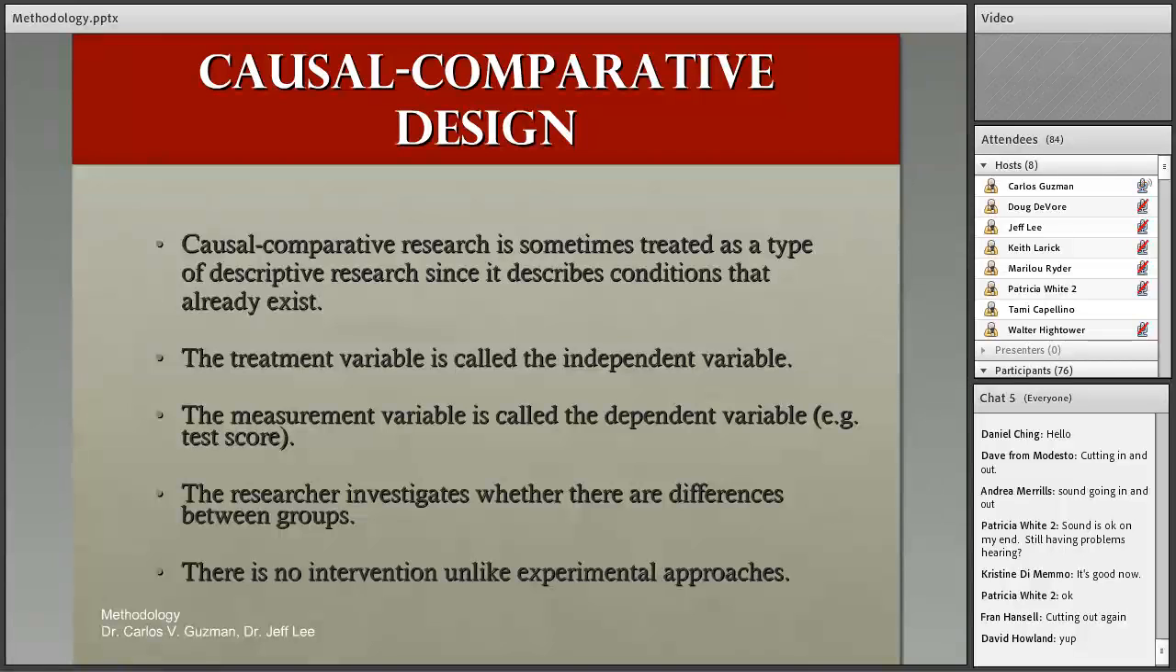So the researcher looks at differences between groups. That's really largely what we're looking at here. And again, there's no experiment, there's no intervention like we would see in an experimental approach. Experimental approach is more about manipulation of variables. We're manipulating the setting, we're manipulating how the